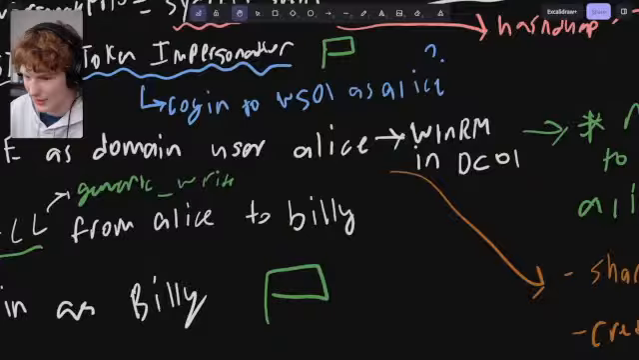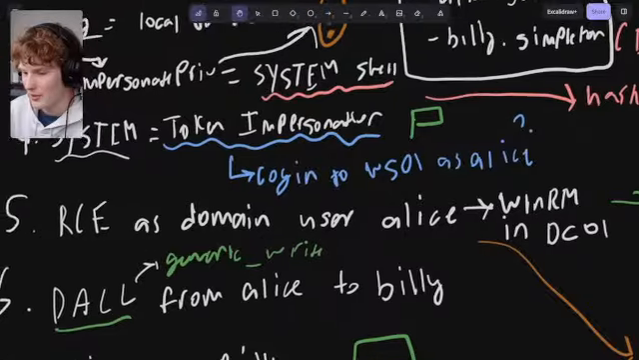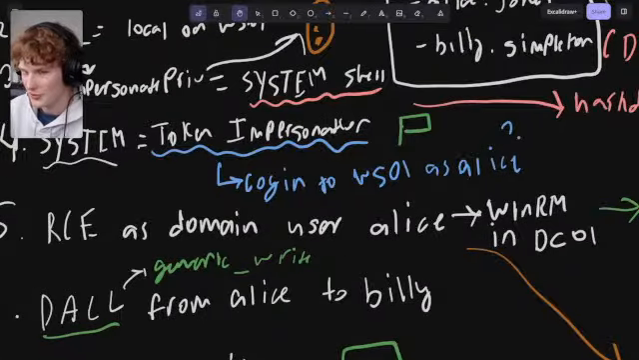But yes, I recall. So if we have RCE as the domain user Alice, it is simply that. We just have RCE from Workstation 01 onto DC01. However,